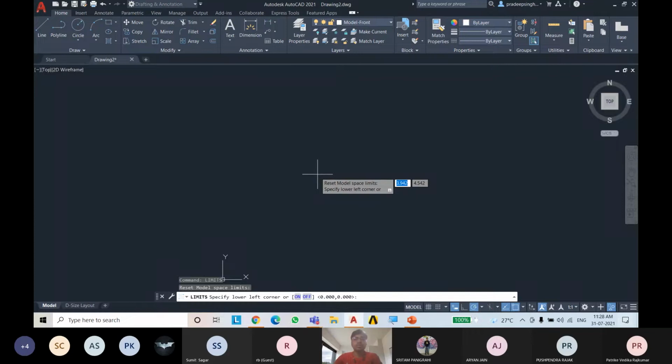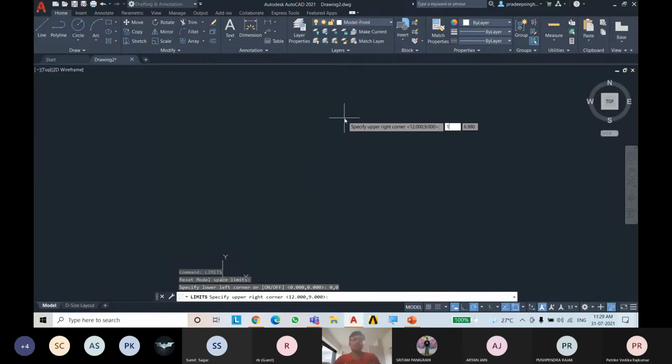If it asks you to specify the lower left corner, you can specify the corner by typing 0, a comma, and another 0, then press enter. It will set the lower left corner to the 0 origin. And now if you want your window to be 100 mm by 100 mm, you can type 100 mm, comma, 100 mm, and press enter.